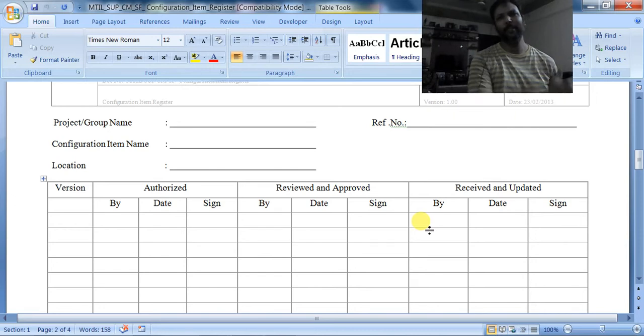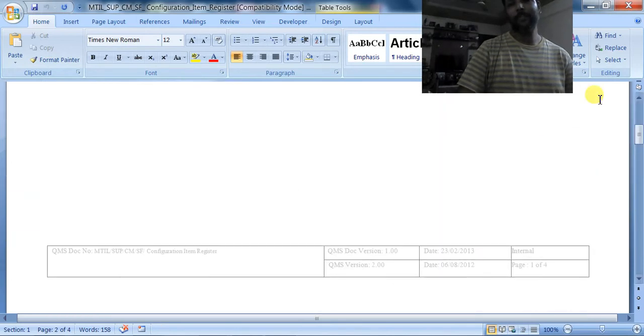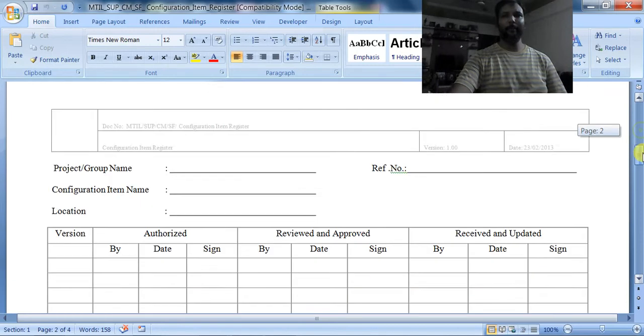When you have kept it in the repository, it will be used for modifying the other documents that depend on it. Suppose the SRS is there, you have done the modification and we have reviewed it, but you have to keep it in the repository so that other persons can view it and do some modification in the code and in the test cases. So that is what is called the configuration item register. For every item, this register will be maintained.